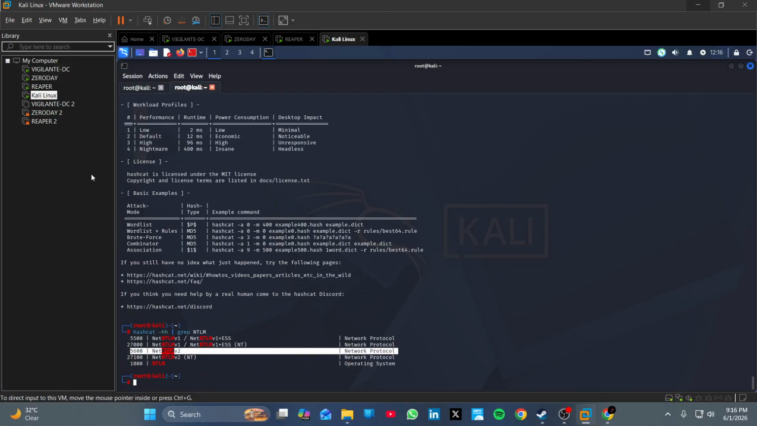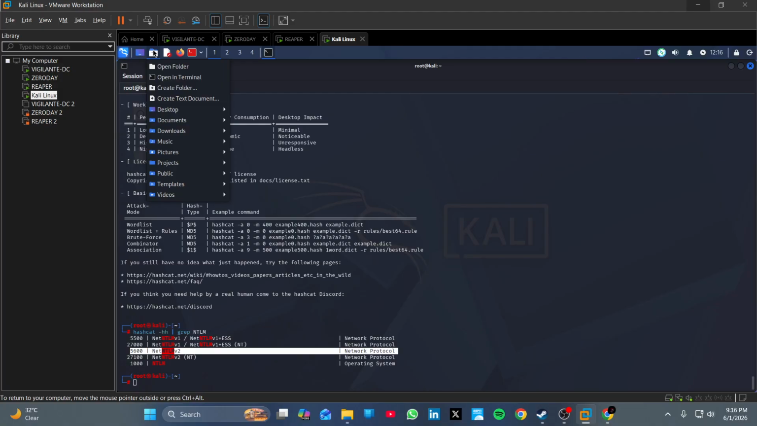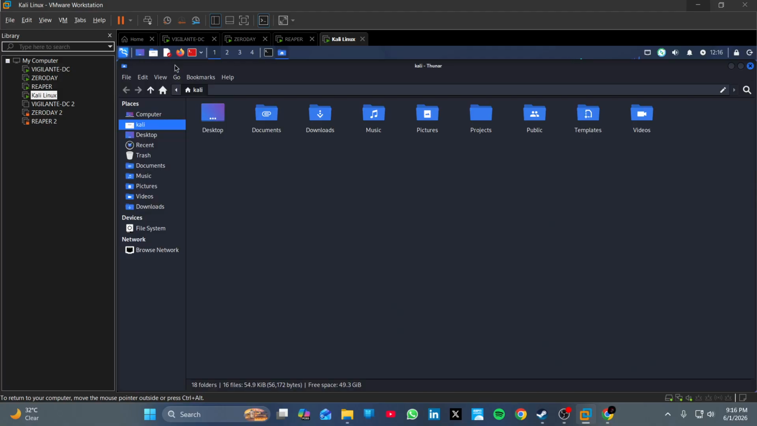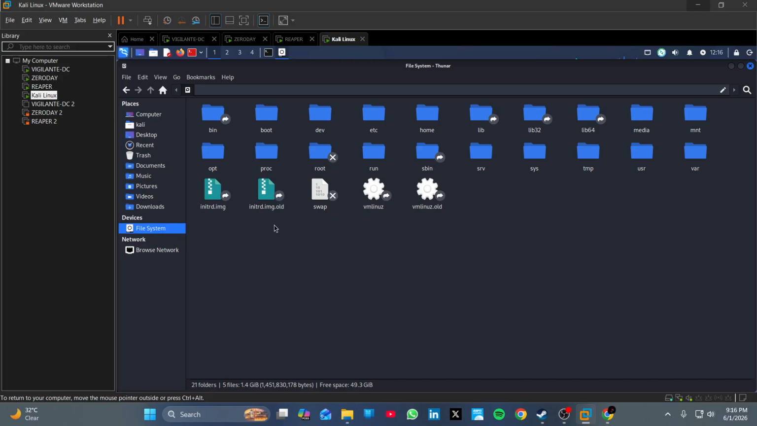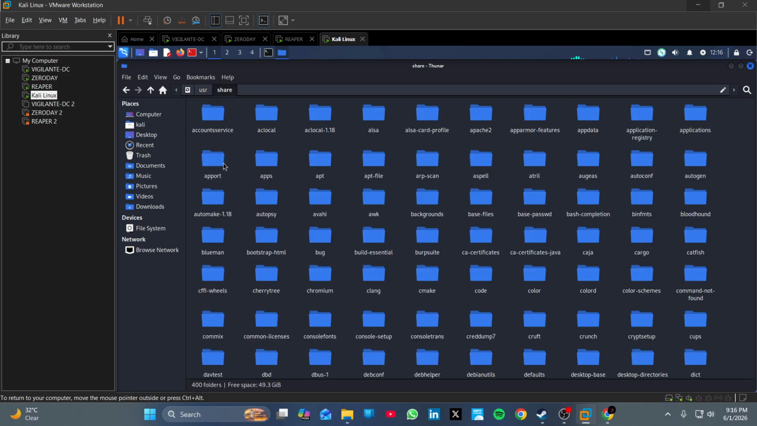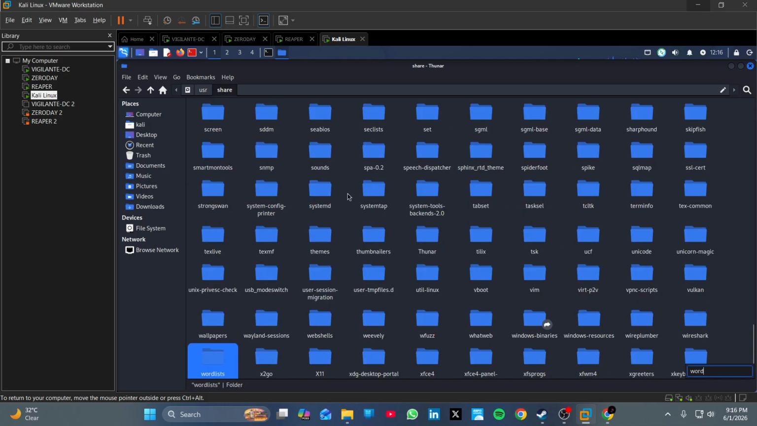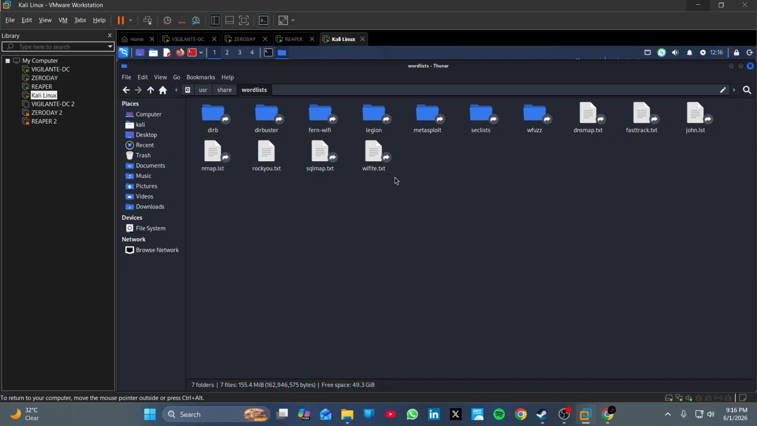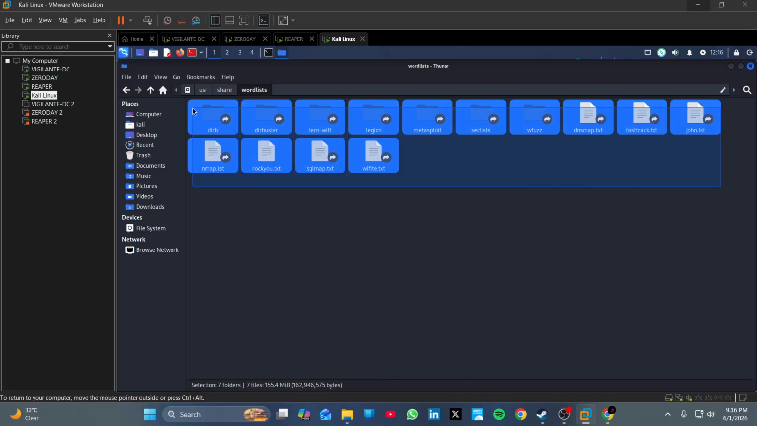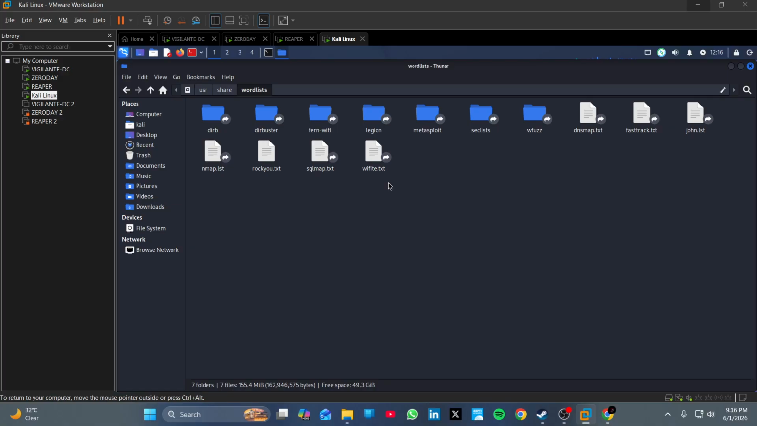Let's go up to the files, go to your files, open folder. I'm going to show you a little area in our computer here. So go ahead and go to file system, and then we are going to go to usr. After that, share, and just type Wordlist, and you see it's Wordlists. Open it up and you see there's a bunch of word lists and folders. So we are going to use this one,